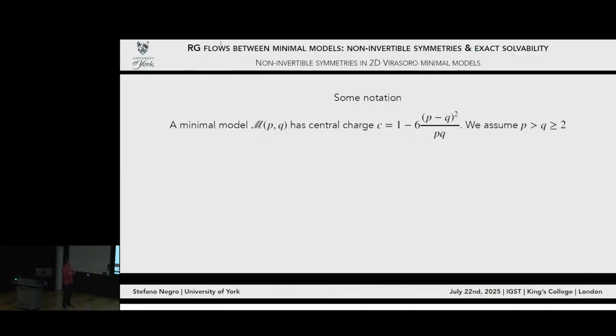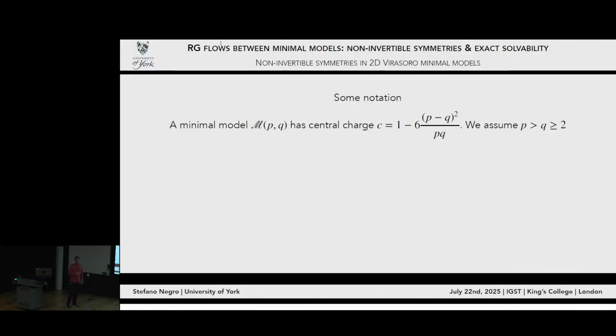So let me give some notation for CFT. All this is introduction, notation and things like that, and I will give you some results later. As I said before, this symbol denotes a minimal model. P and Q are two integers, which are bigger or equal to 2, and I choose these